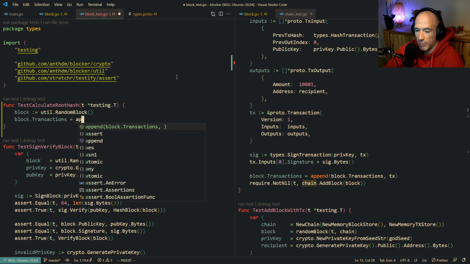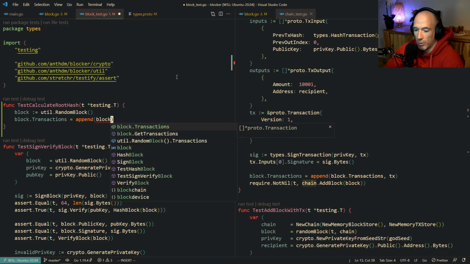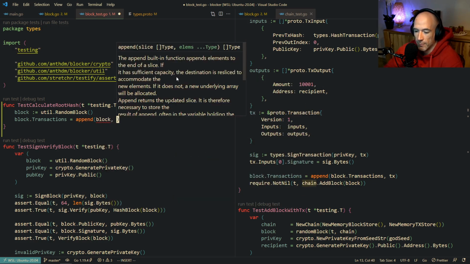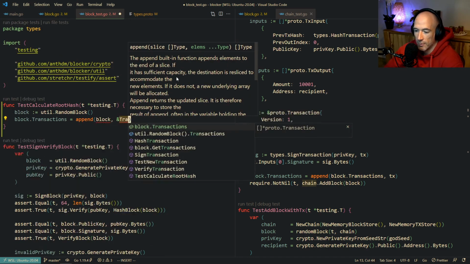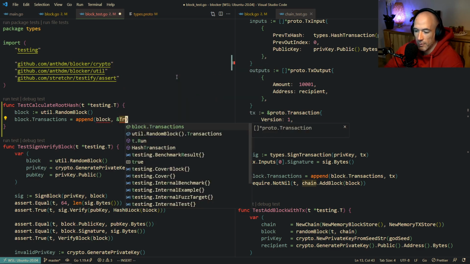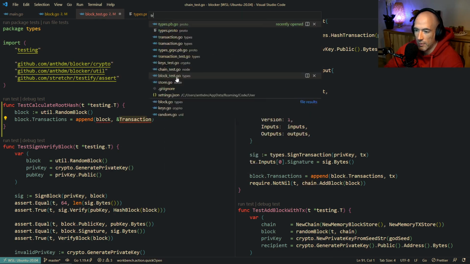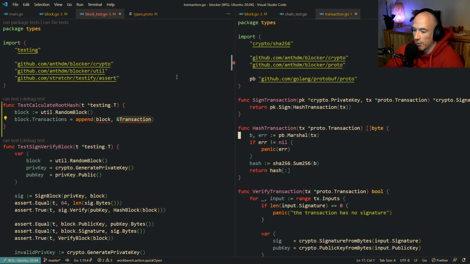Blockchain transaction is going to be AppendBlock. Oh, proto open transaction. Yeah, I see. It's going to be